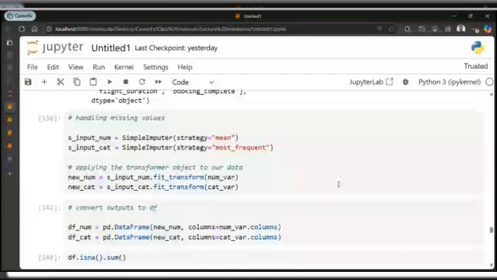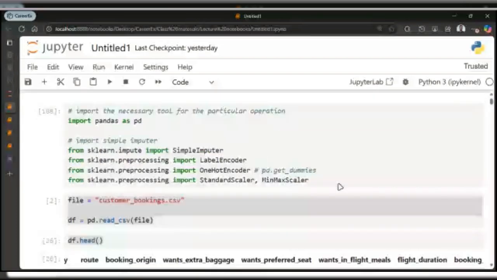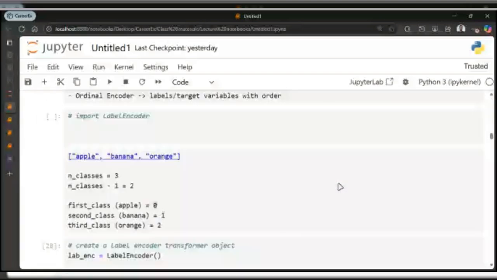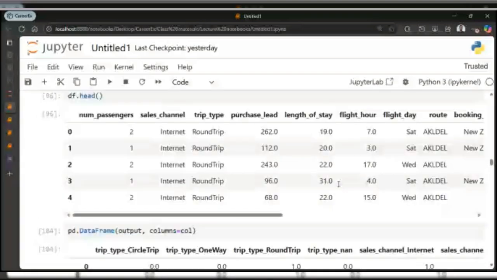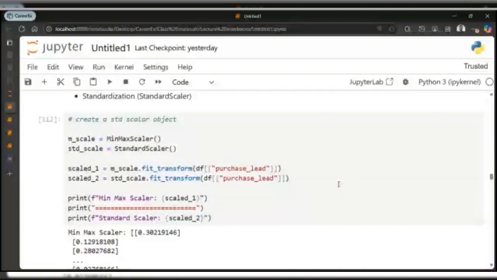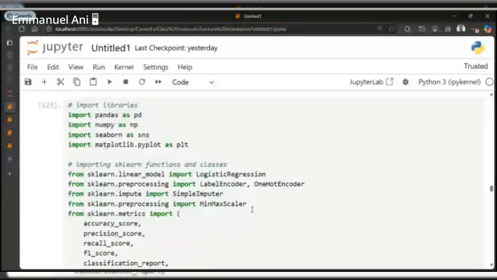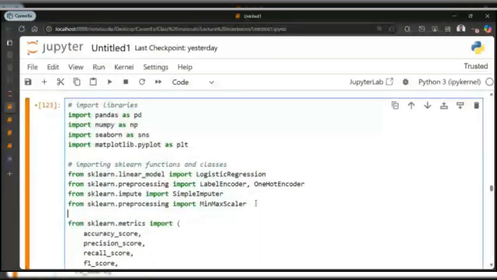We've not imported this yet, so we are going to come here and import it. From which module do we import train test split? From which module?